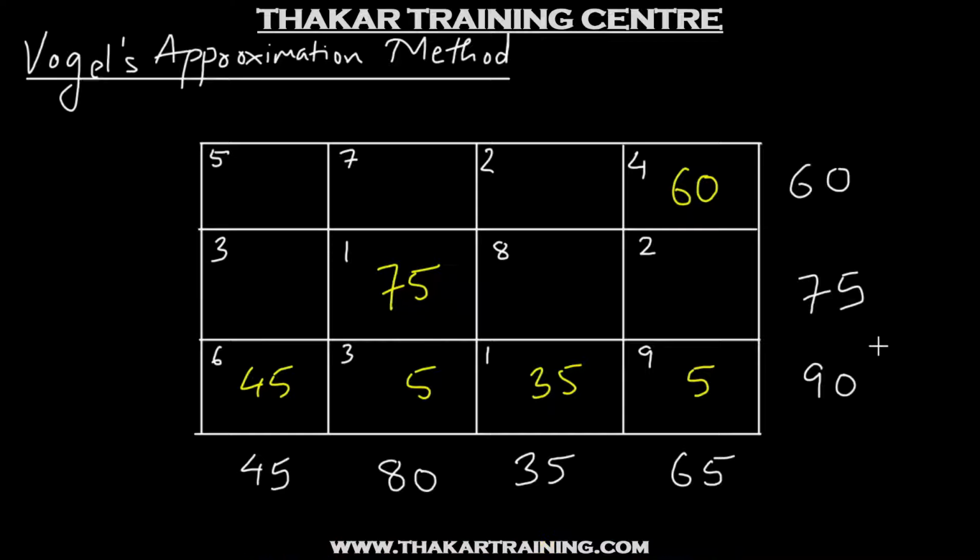There should be exactly m plus n minus 1 allocations, and those allocations should be in independent positions. So we can start with any basic feasible solution which satisfies these conditions. We found that the solutions obtained using the three methods satisfied all the conditions for a basic feasible solution. In this video, we'll be doing the optimality check on this solution.